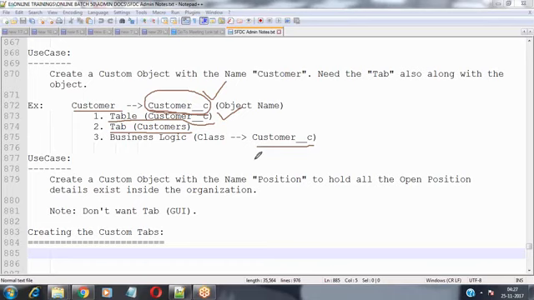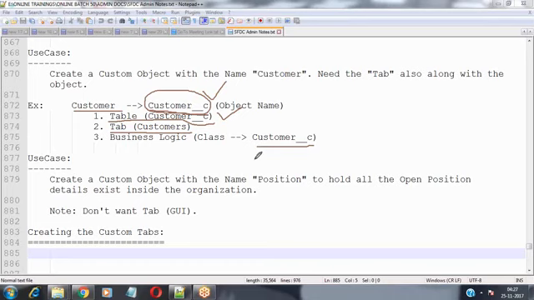The first one: sometimes my client asks me to create an object as part of my project requirement, and he needs the object as well as the tab, both. Upon creating that object, I need a tab also, by which I can manage the records.